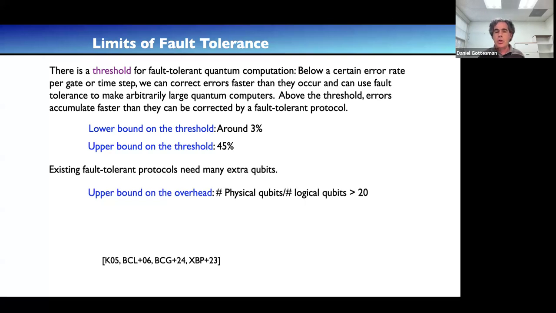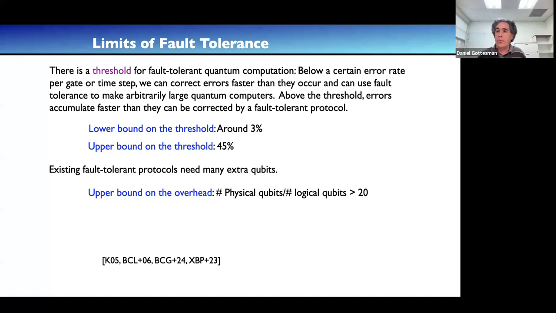We've made significant progress in recent years of reducing the overhead. That's the ratio of physical qubits to logical qubits. And there exist protocols now which, for certain sizes, it can depend on the size of the computation, but for certain size computations might have an overhead ratio of 20 physical qubits per logical qubit.